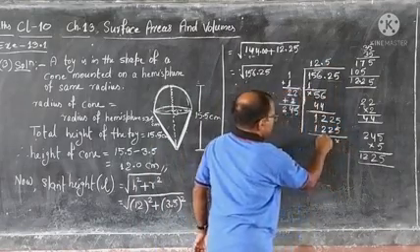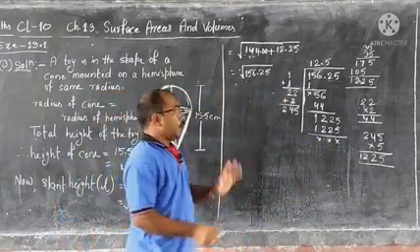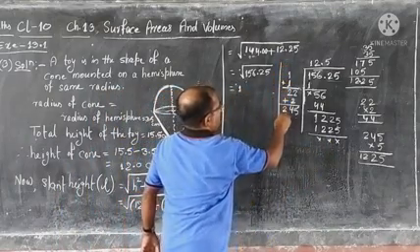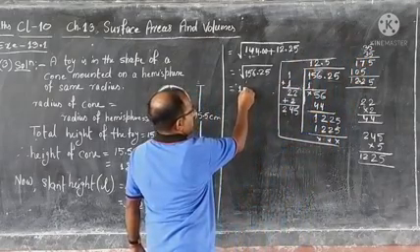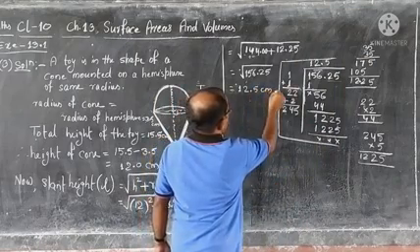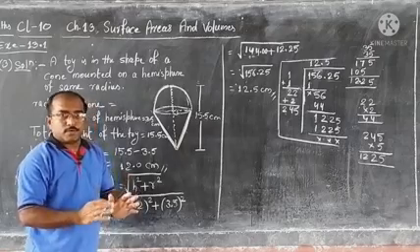I hope this revision on square root will be helpful to you. Okay. Finally, we got, this is all part of rough work, keep in mind. So, we got 12.5 centimeter. What is this? Slant height of the conical portion.